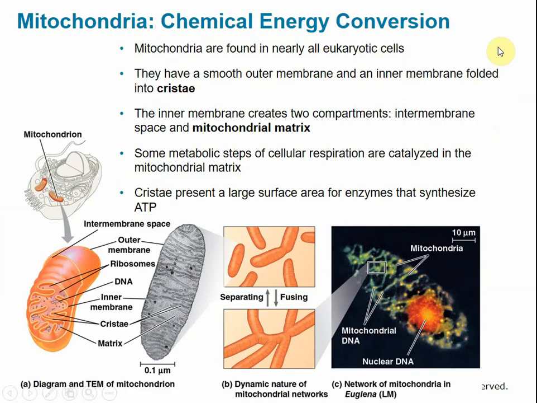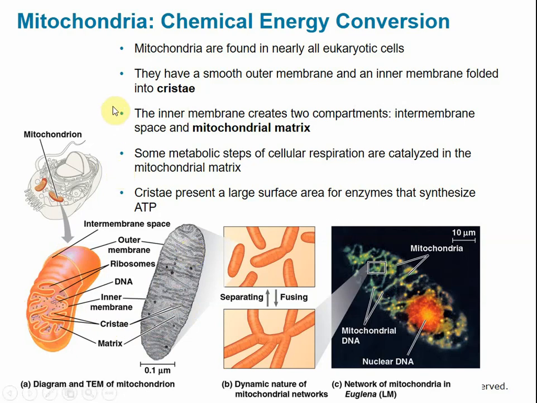So nearly all eukaryotic cells will contain mitochondria because all cells require ATP energy. So we said mitochondria have a double membrane structure. They have a smooth outer membrane and a folded inner membrane called cristae. So these folds are called cristae, and they are basically just to increase the surface area. So we have more surface area for cellular respiration chemical reactions to occur. The more surface area we can obtain to carry out the chemical reactions, the more ATP we can generate